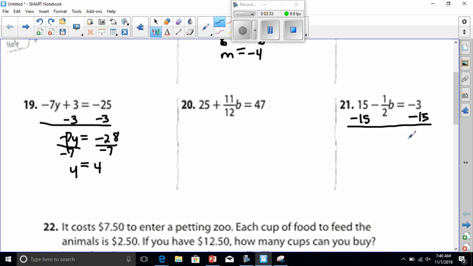This leaves me with negative 18 is equal to negative 1/2 b. Now I have to divide out negative 1/2 from this side. But as we know, when I'm dividing a fraction by a fraction, what's really happening is I have to use my KFC method,